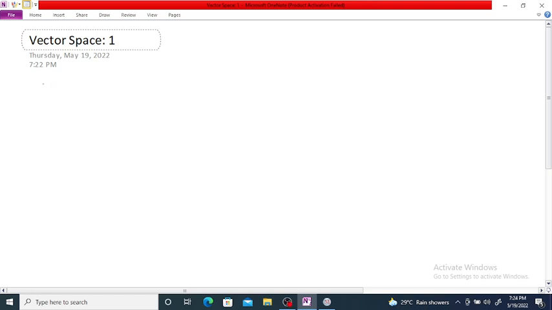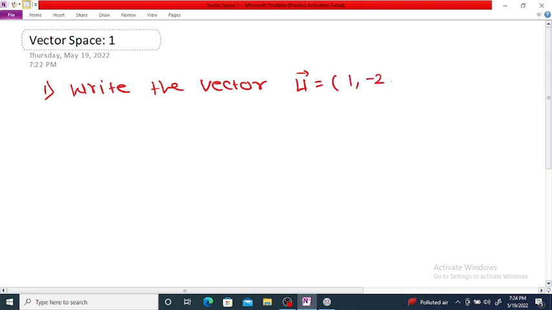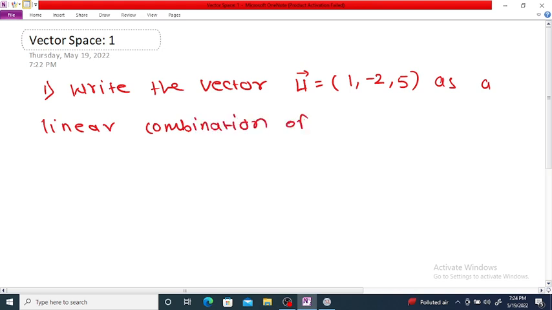Example number 1. Write the vector u bar is equal to (1, -2, 5) as a linear combination of the vectors